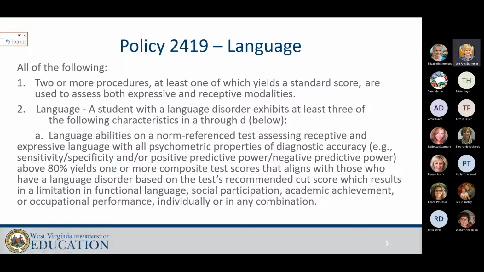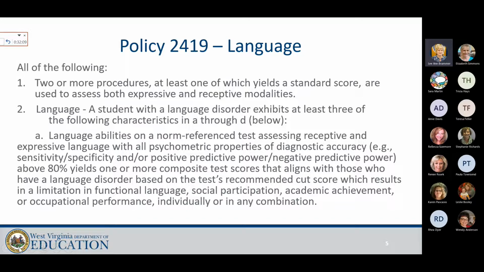Yeah, I can too. Once it was brought to my attention, that's what kind of threw me. And I kept thinking, my gosh, how do we rewrite this to make it make more sense? But, you know, what if you think about the fact that what we've done is take what we were already doing and try to make it more comprehensive. So, for instance, for at least one procedure that yields a standard score, you could use 3 tests